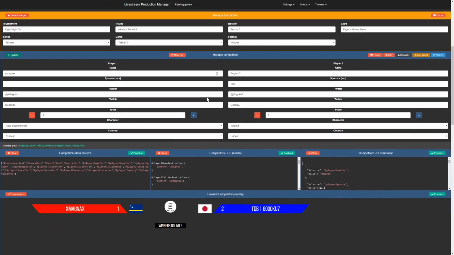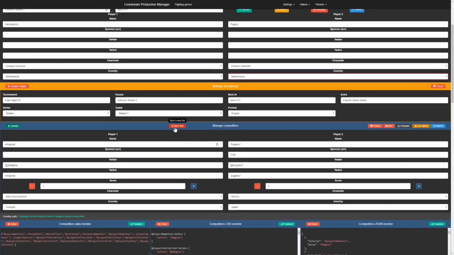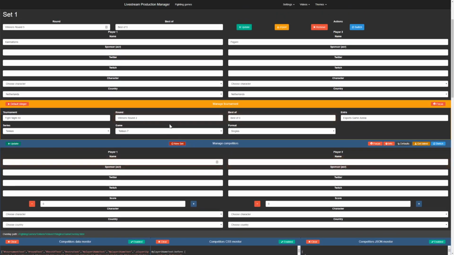And so what I can do now is, let's say the match between X Magna and Gogoku 7 just finished. All I need to do is click this new set button, which is also a new feature. I'm showing off 2 new features at the same time right now. I can click new set, and now everything has been emptied, like the reset the defaults button, but it is done a little bit better,